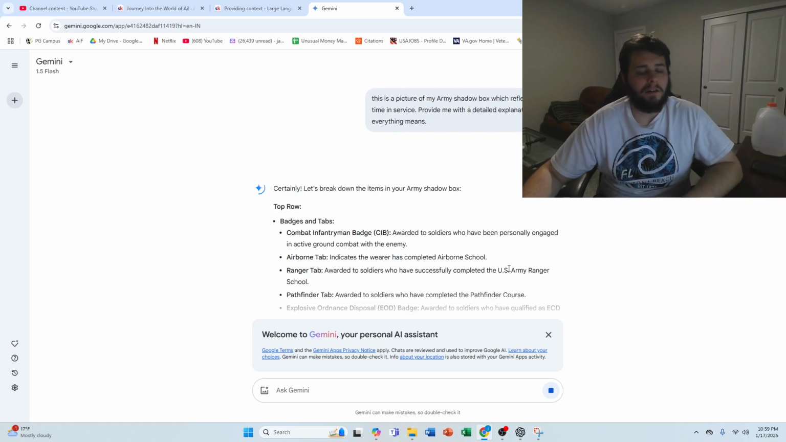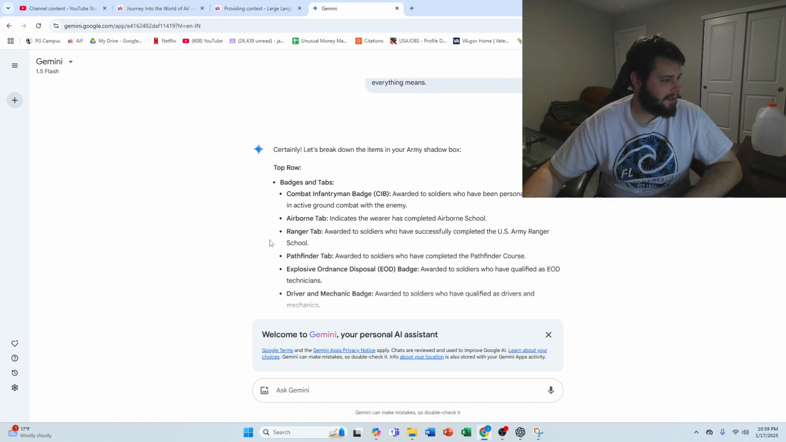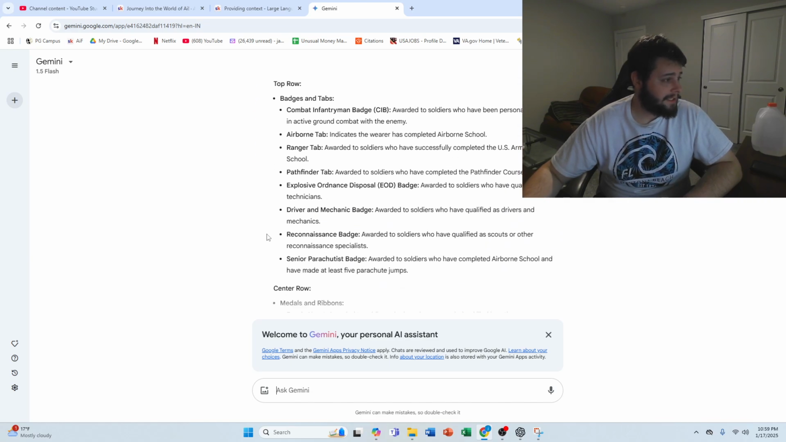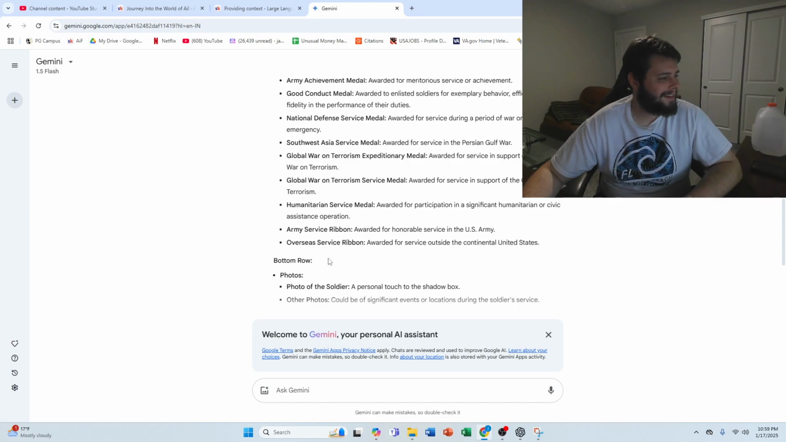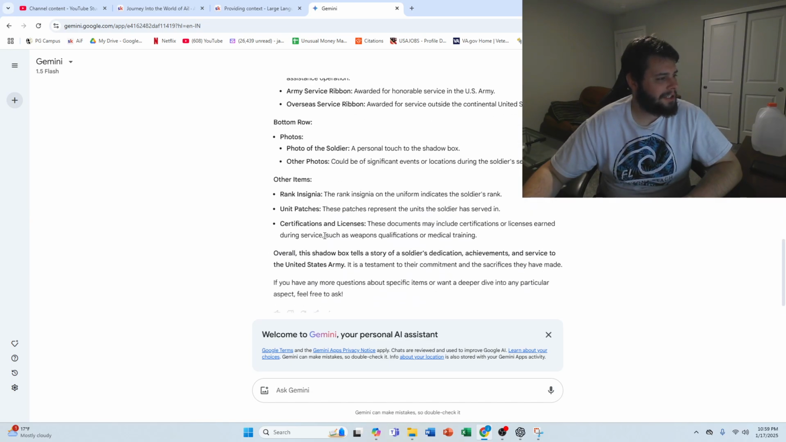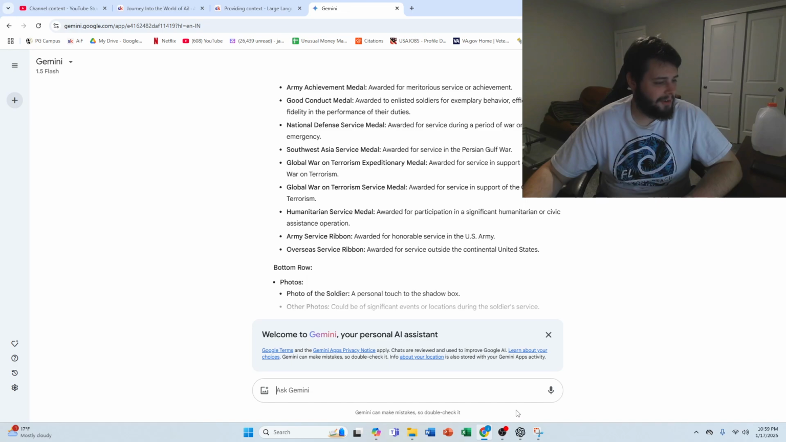Okay, alright, so this one is working. Let's look at it. Badges tab, combat infantry badge, awarded to soldiers who have been personally engaged and active. Nope, I do not have the combat infantryman badge. Airborne tab, don't have airborne either. Don't have ranger tab. I think it's just listing a bunch of different rewards that somebody could get. Let's go and try